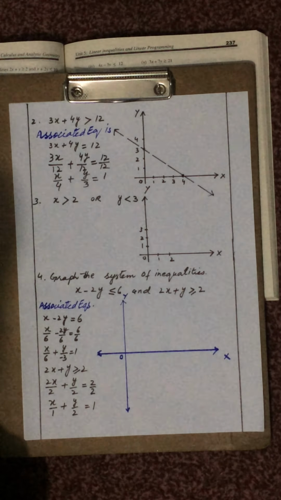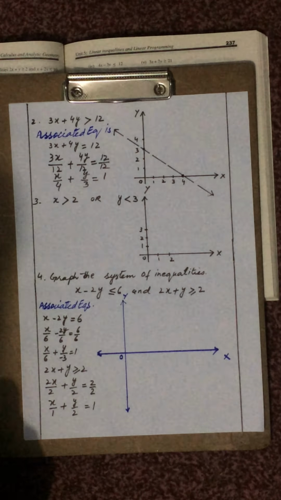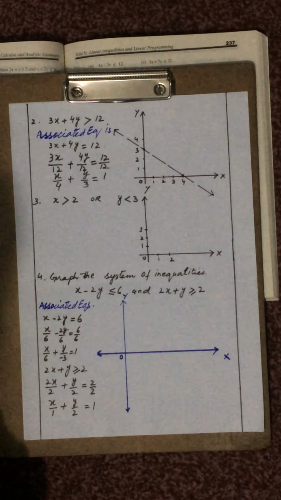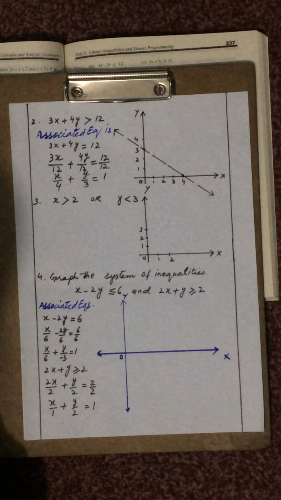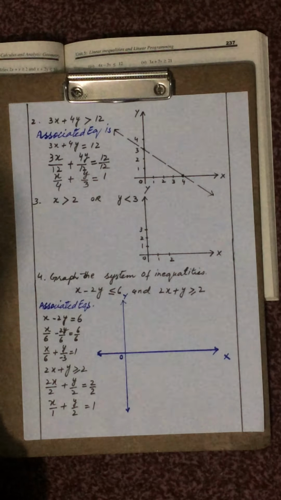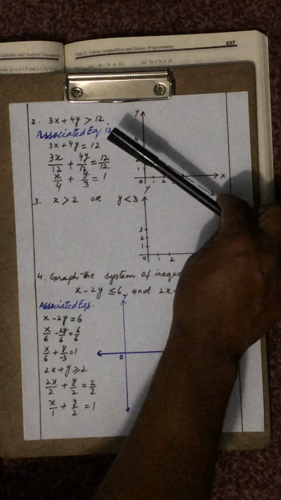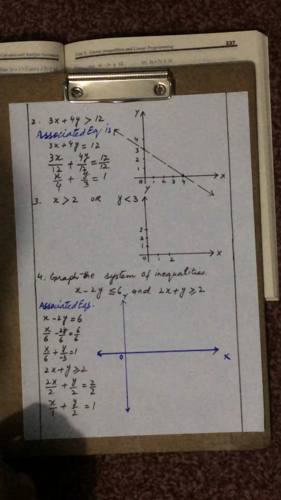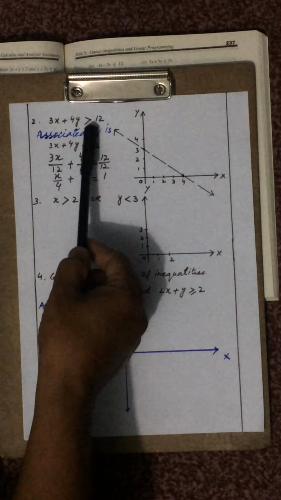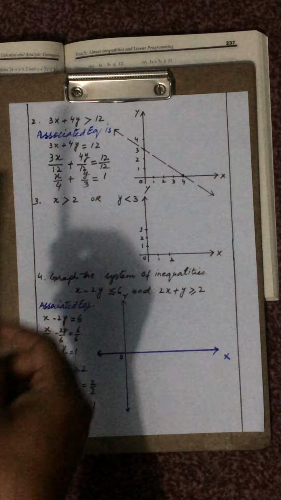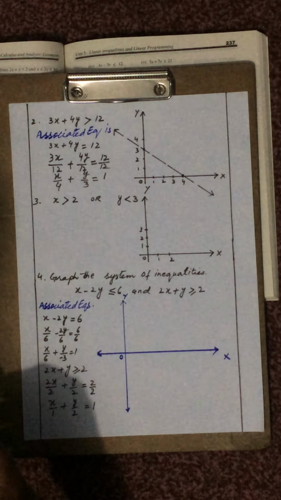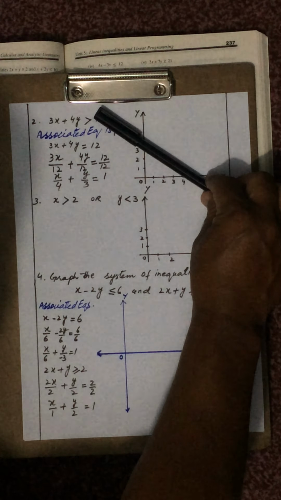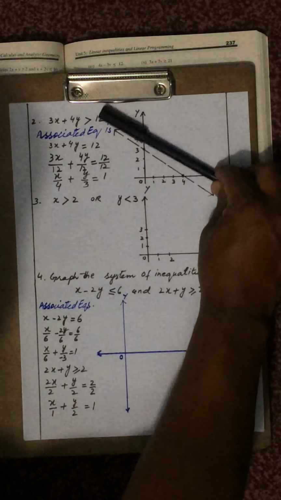So we are not required to draw the graph of the equation, just the graph of the inequality. As I have already told you, the graph of the inequality lies on either this side or this side, because this is always a half plane. As the greater than sign is here, this is not the origin side, it is the other side of the origin. The graph must be on the other side of the origin.